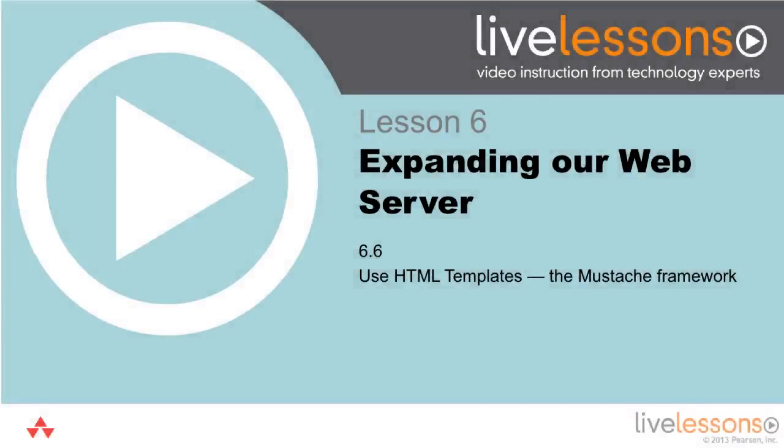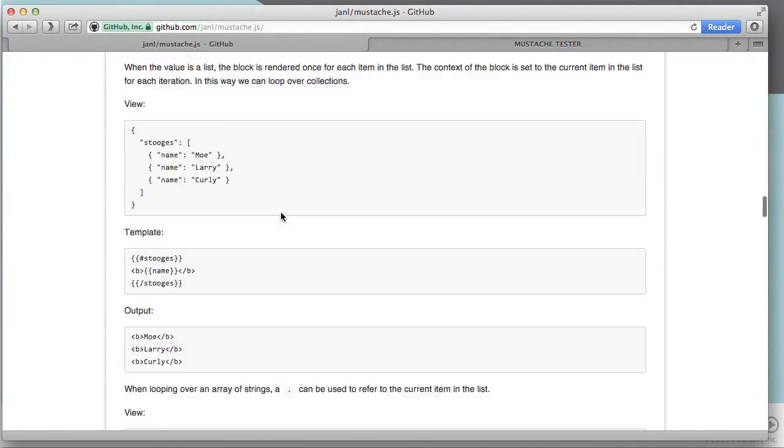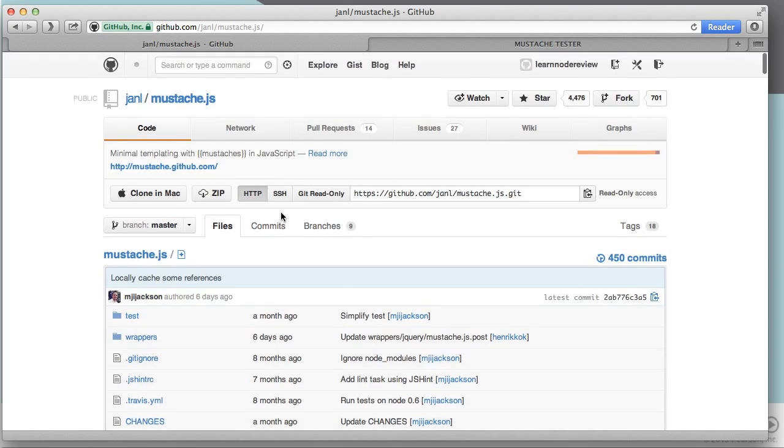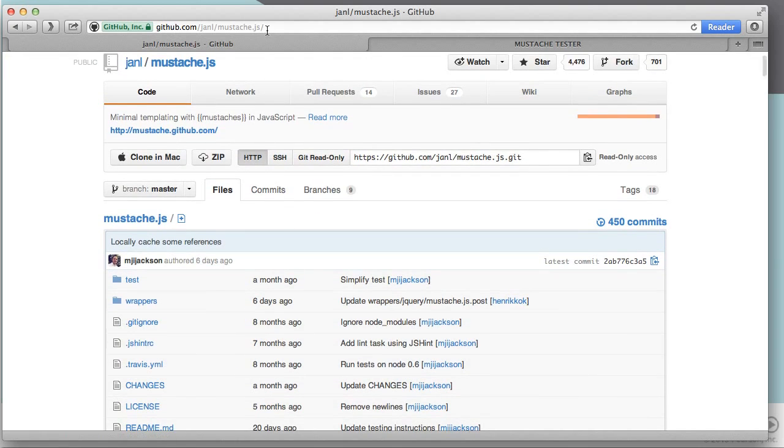As we mentioned, we're going to be using the Mustache templating framework to do all of our HTML generation from templates given the JSON data from our little Node.js server. I'd like to go ahead and talk a little bit more about the Mustache framework now and how I can use it. In the previous part, we showed you the Mustache.js page